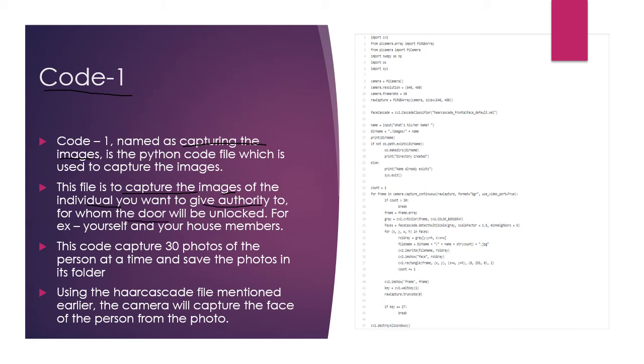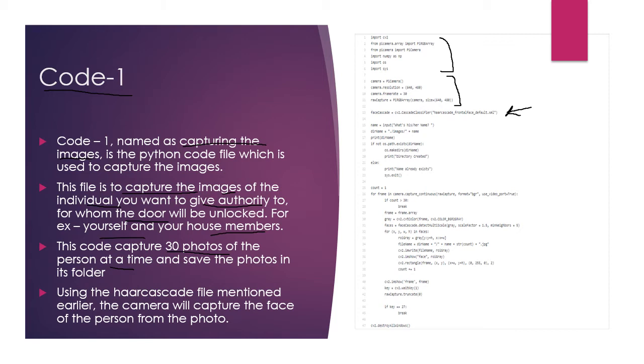You can give the faces of yourself and your house members, and it will capture 30 photos of the person at a time. As you can see, first I have imported the libraries, and then I have arranged the Raspberry Pi camera according to my use. And this file is the Haar Cascade file, which is used to capture the faces.